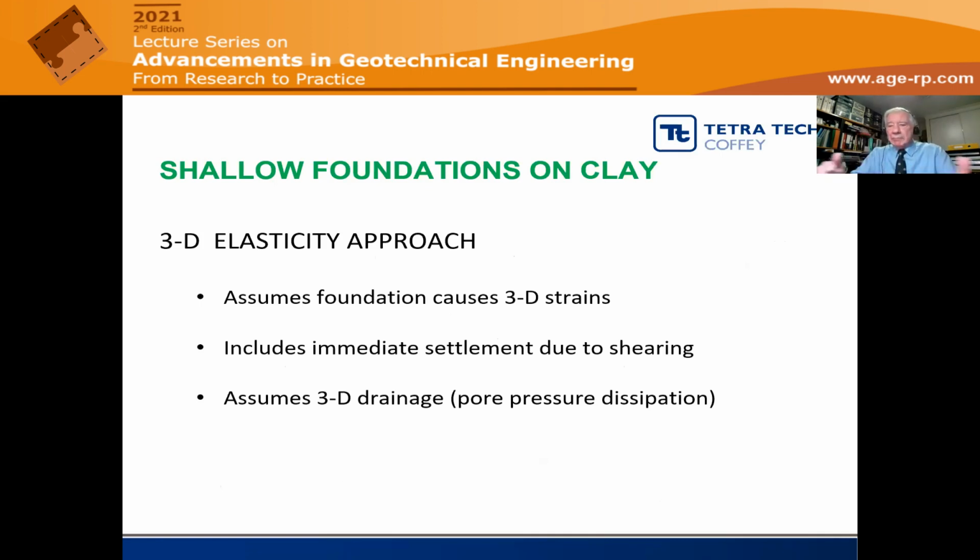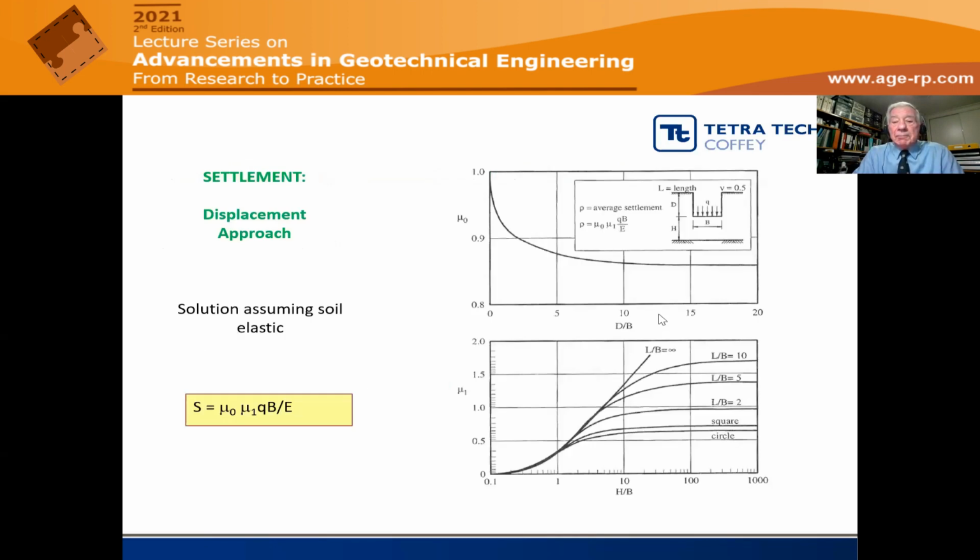The soil goes down, but it also goes out. And it also allows you to estimate the immediate settlement due to shear. It also allows you to estimate the effects of lateral as well as vertical drainage. Now, there are 2 or 3 ways of incorporating elasticity. The simplest approach, and this is, again, what I'd call a category 2 approach,